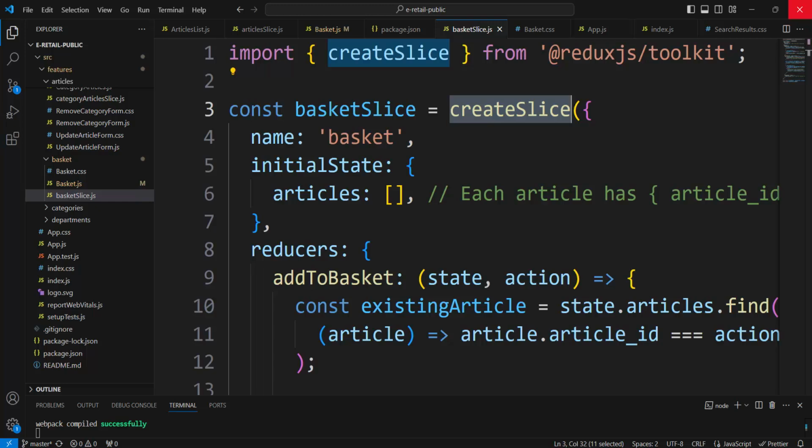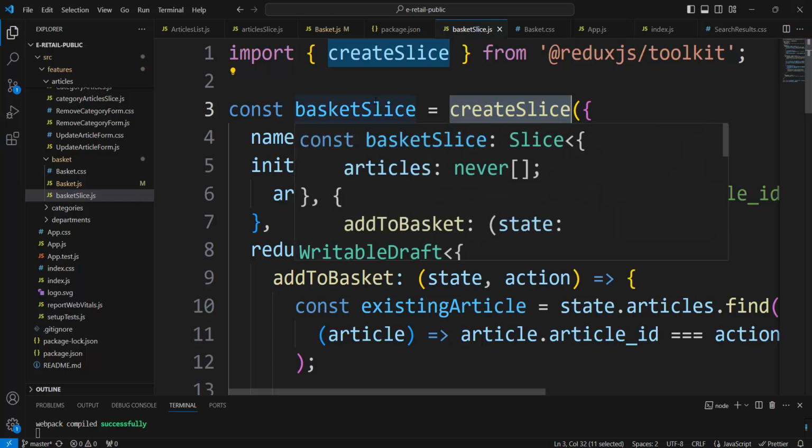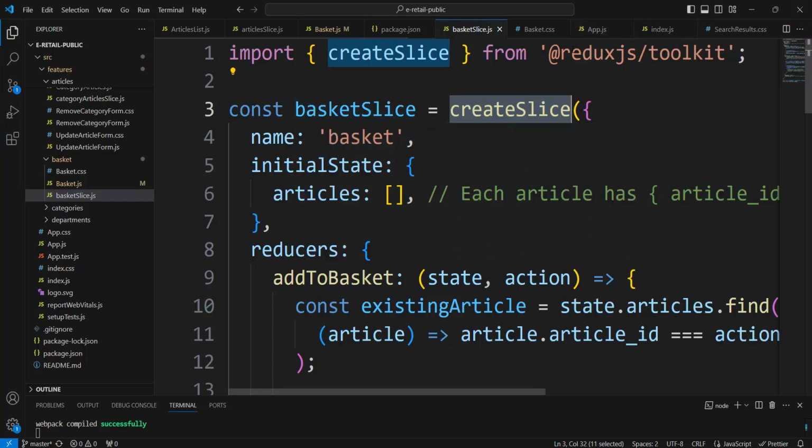It plays a big role in using Redux. createSlice is a function that comes with the Redux toolkit, Redux.js toolkit. And createSlice creates a reducer. We call it by the name of the slice because in the store,